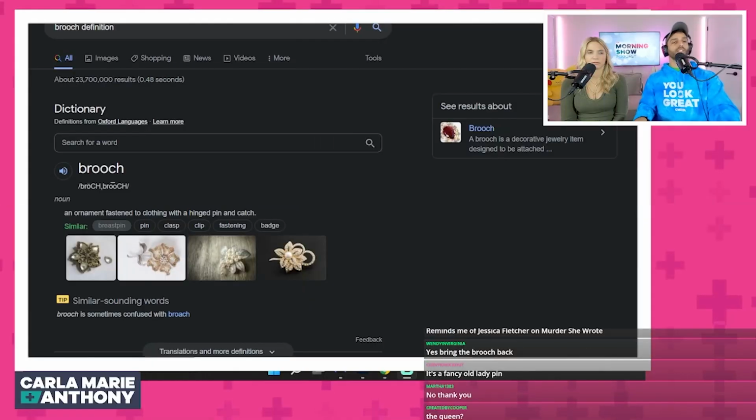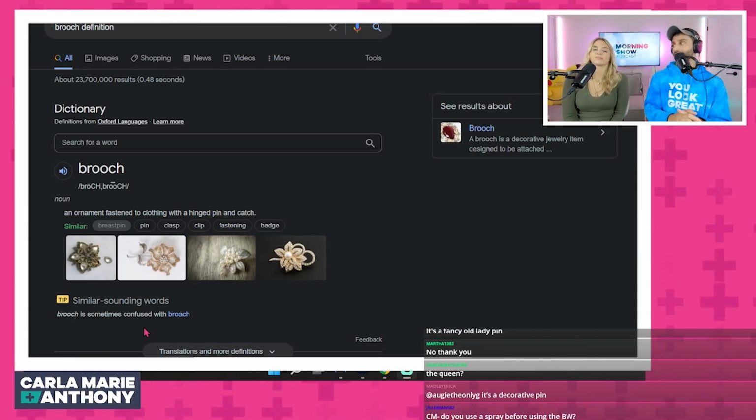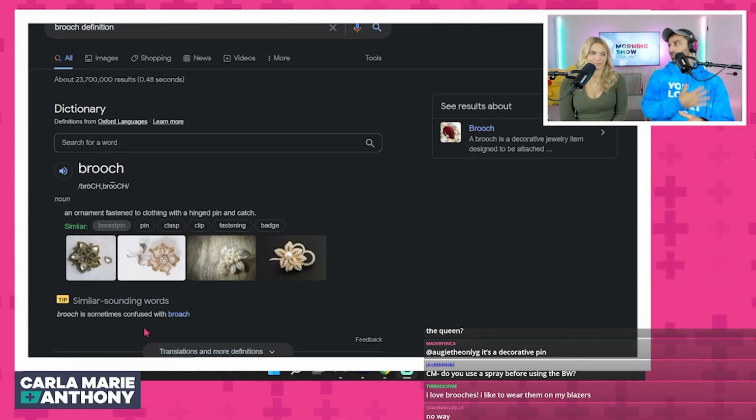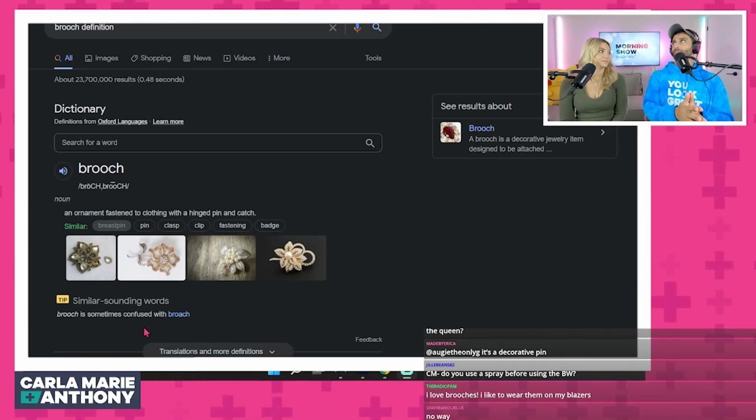So hopefully you can see it on the screen there. That's a brooch. It's essentially like a blinged out pin. It is an ornament fastened to clothing with a hinged pin and a catch. Normally you wear it on your lapel or your chest area. And interestingly, every time